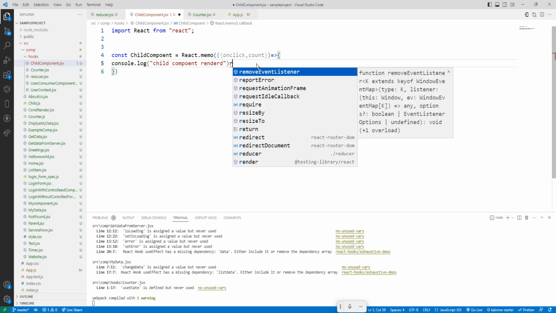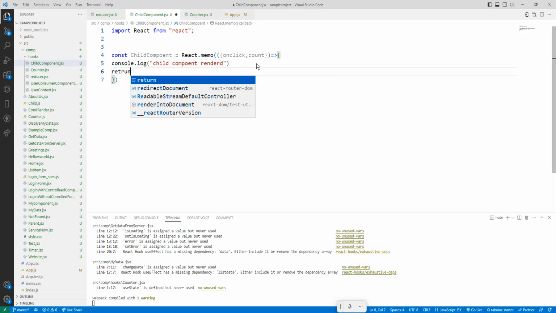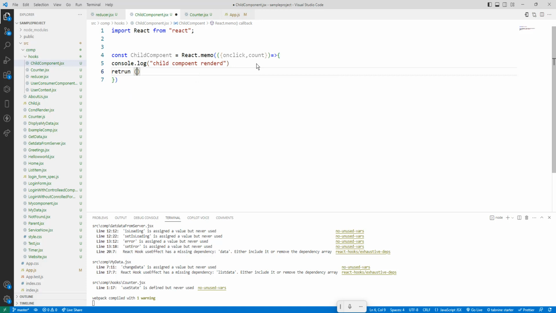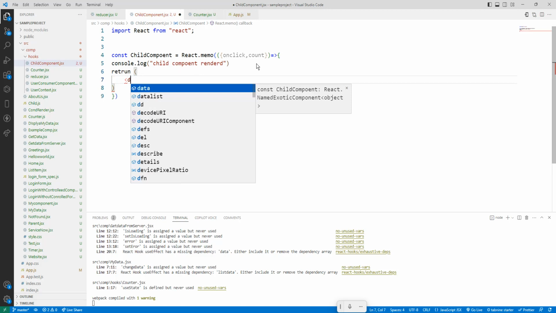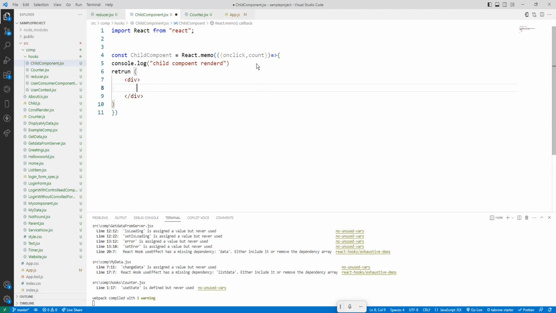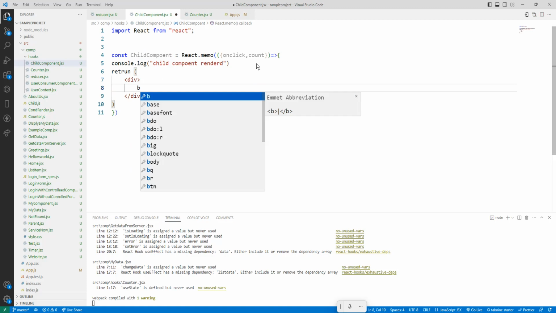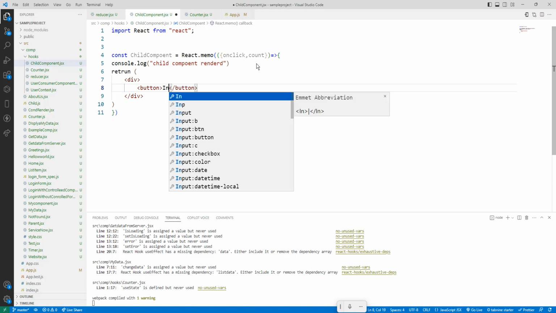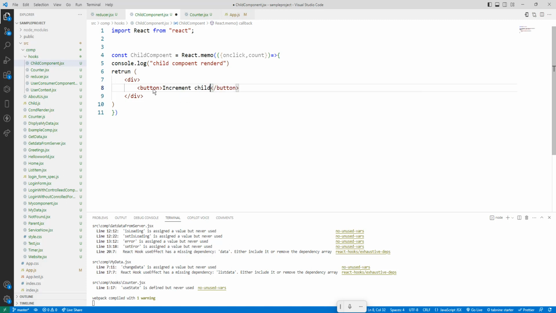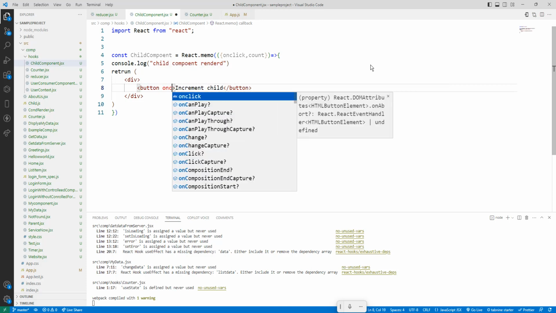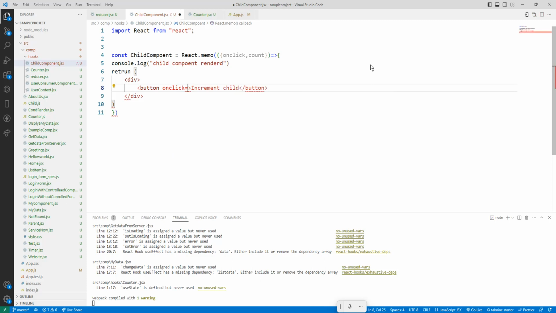Then I will call the return. So I will take a button, increment child, onClick. The same onClick we are passing here. Okay, the next thing we are going to do,